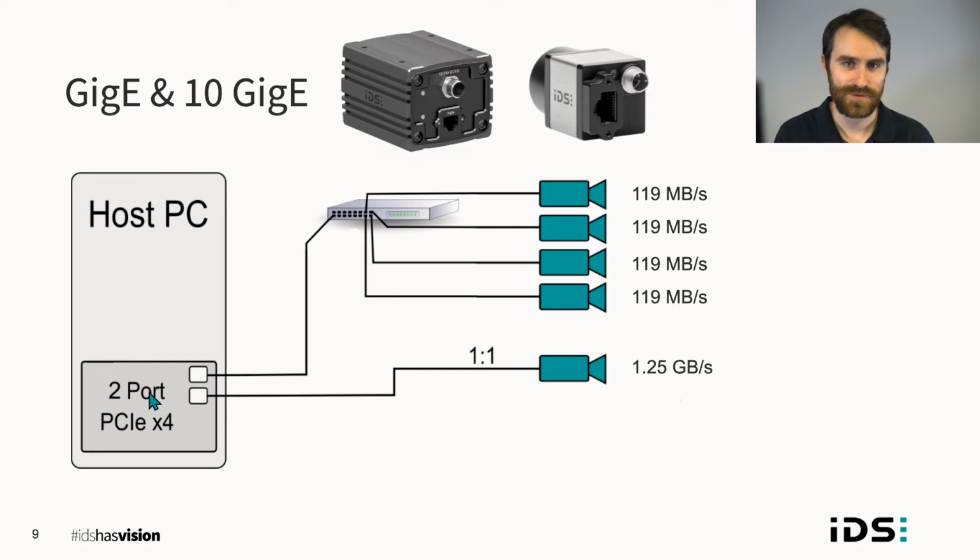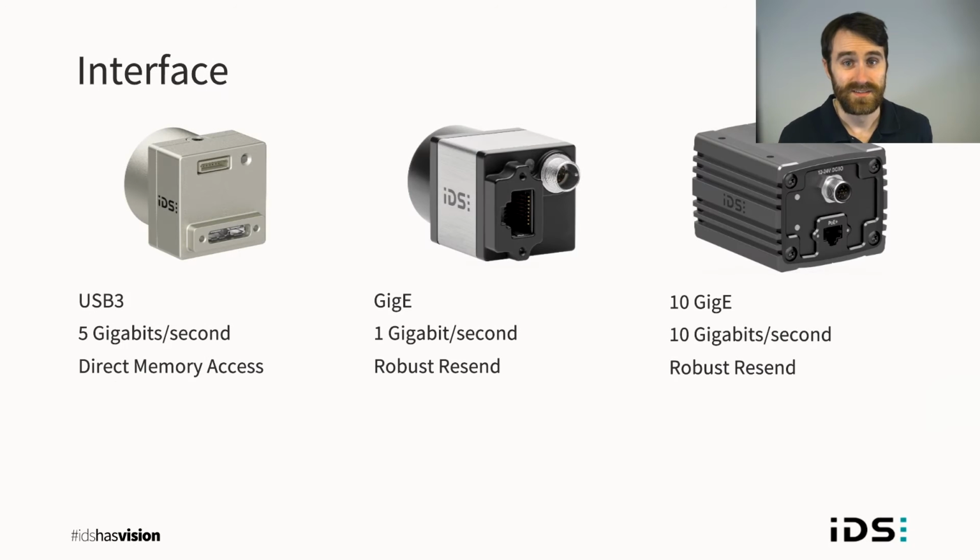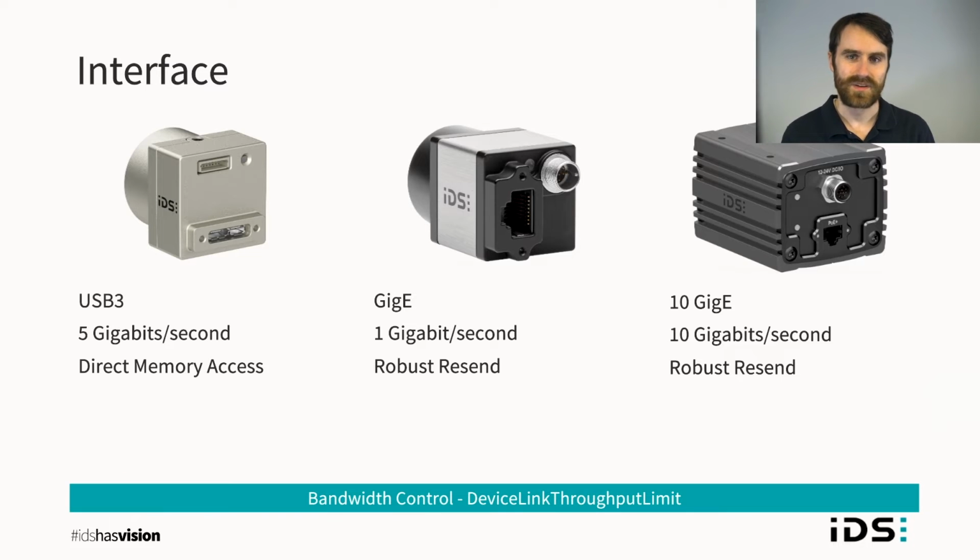And in this case, when you have a 2-port 10 GigE PCIe card installed, you can even have one additional really high resolution, really high speed 10 GigE camera too. So which interface to choose? Well, as I said before, they each have their advantages and disadvantages. But most importantly, any of these interfaces is a strong choice for multi-camera systems because there is a robust way in the API to limit the available bandwidth per camera. So you can have a nice stable system with multiple cameras regardless of interface.